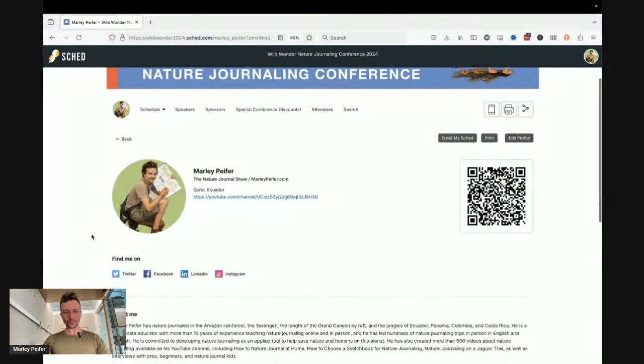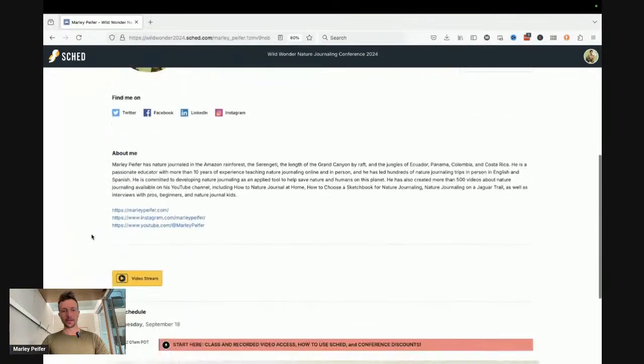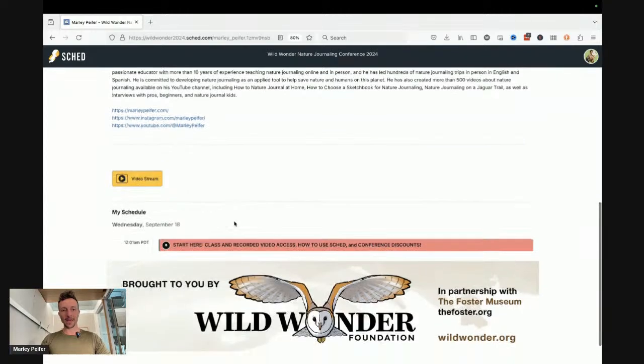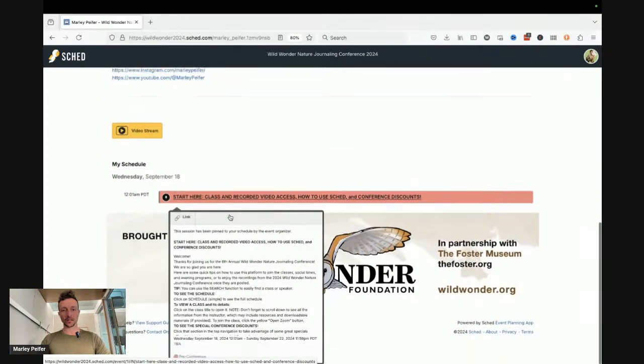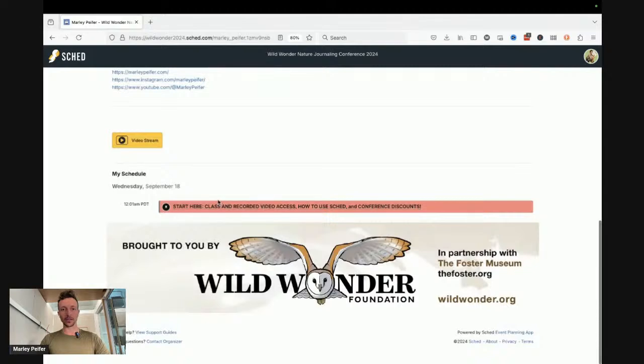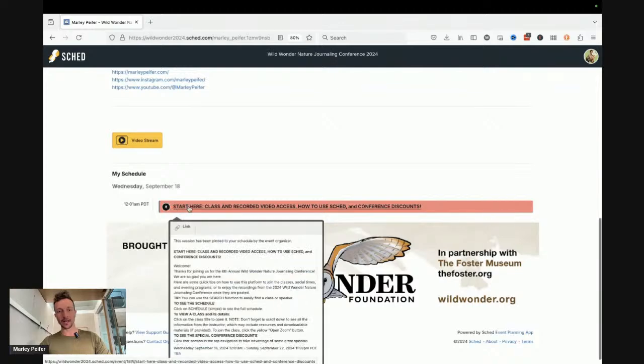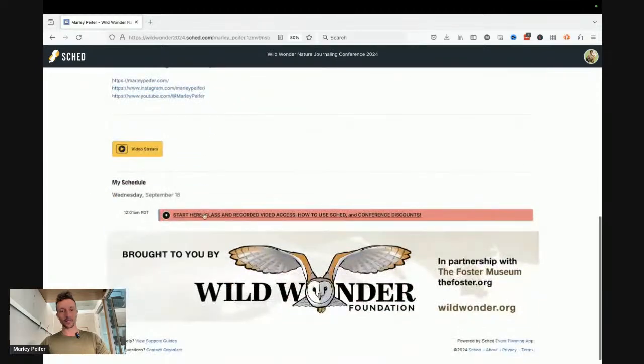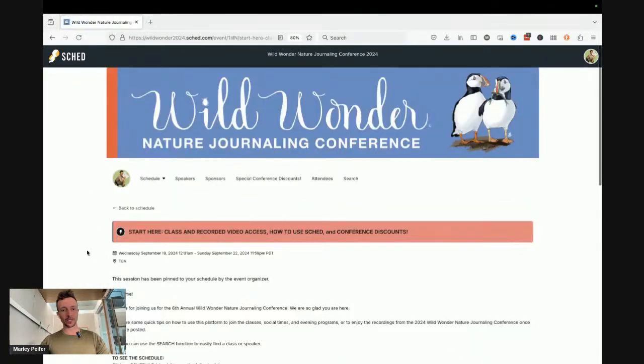So then if you look down here, there's a thing that says my schedule, and right now it only has one thing, and that thing is a little note on how to use Sched, which is really great. Other than that, there's nothing on here because I haven't signed up for things yet, and I'm going to show you that in a second. So what I would recommend if you've never used this before is let's go here and check this out. So clicking on this,